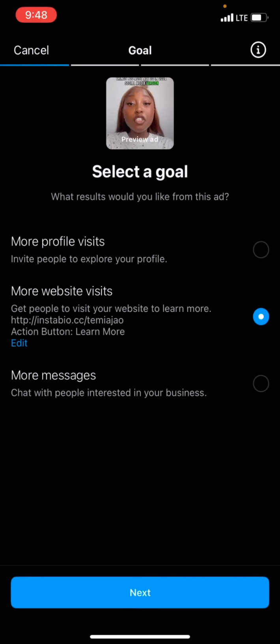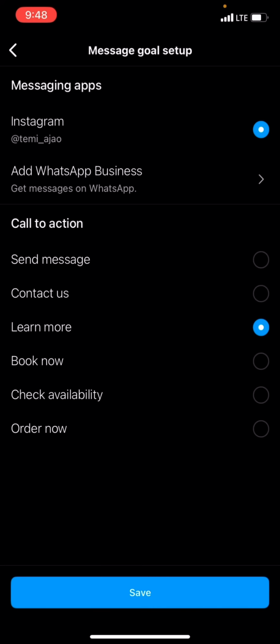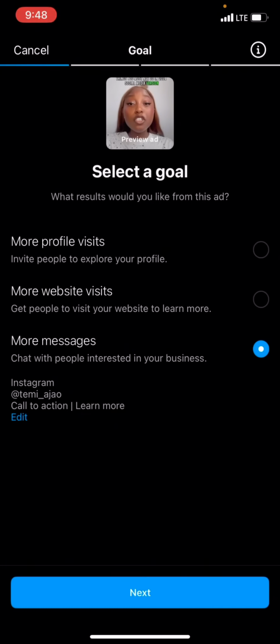Now let's look at more messages and the goals of more messages. The goal of more messages is that when people see your ad, they are prompted to send you a message. You can see that just below chat with people interested in your business, you would see Instagram at Temi Agile, which is Instagram at my username, and that's the call to action. You can also use your WhatsApp to get messages from Instagram. If you don't want to choose your Instagram, click on edit and